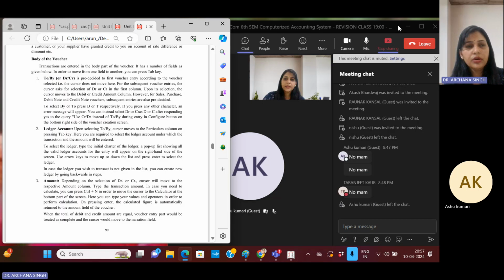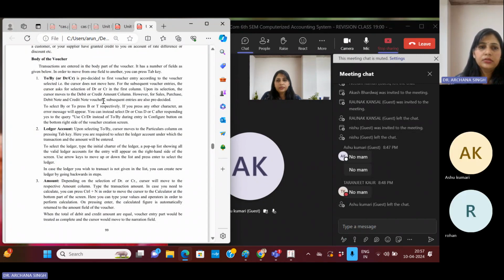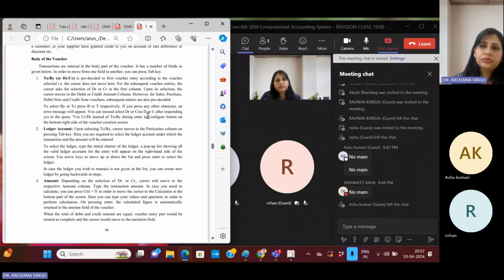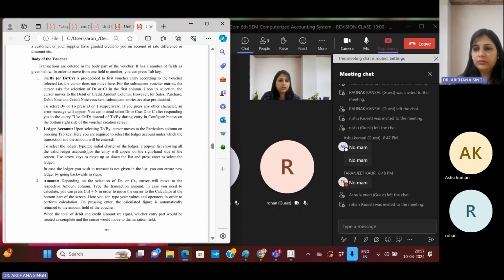Though to or by, debit or credit, is pre-decided, if you want to change it, then you have to activate it through the features option. Then ledger account. In the ledger account, upon selecting to or by, debit or credit, what you had to do,